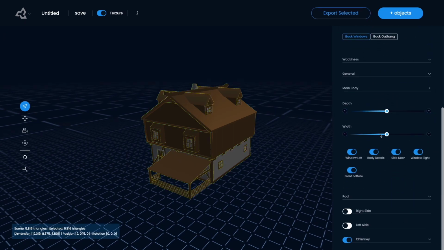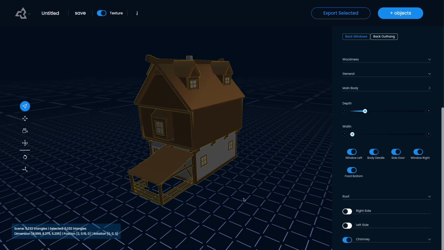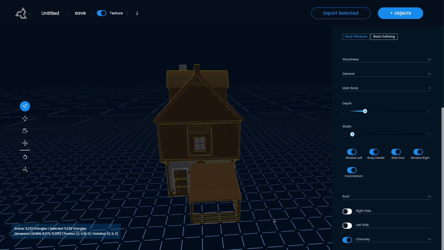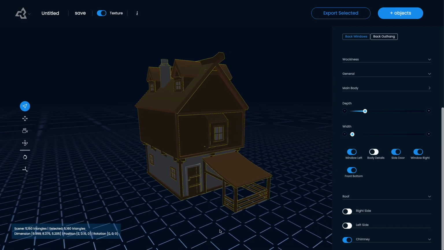So let's go to main body and take down the depth a bit. I think the width can go all the way down. So we just have one window on that side. And then I'll just remove the details because it's kind of overlapping with the door a bit there. And yeah, I think this is